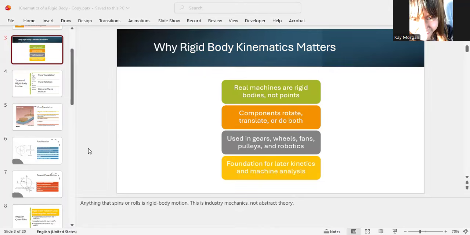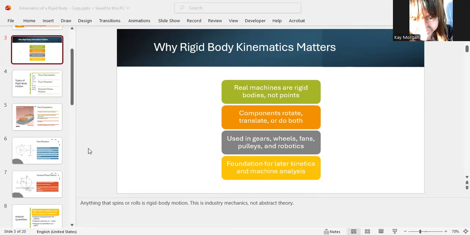All right, then, why rigid body kinematics matters. Let's talk about why rigid body kinematics is very important for us to study in engineering and engineering technology. Of course, our background is all engineering. So in the real world, machines are not points. I already told you that on the very first slide, and we call them rigid bodies because they have size and of course they have shape. I have my own size and my shape. They are different, and if you look at many objects all around us, they have their own sizes and shapes.